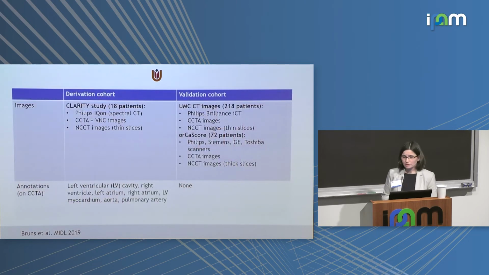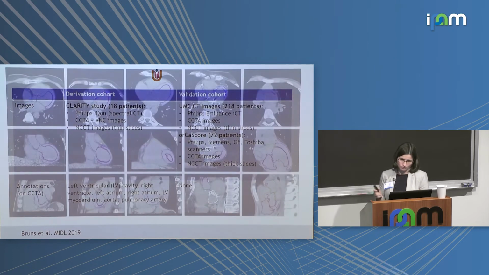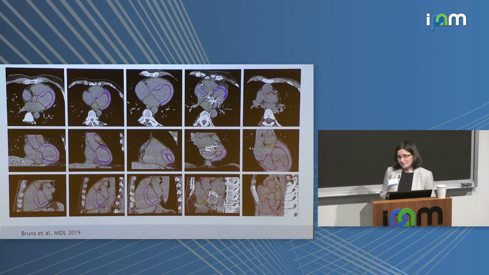So we had a study of 18 patients. It included 18 patients that were imaged on a Philips Icon scanner, so a multispectral scanner. And we had two acquisitions, non-contrast and contrast images, and we generated virtual non-contrast. And then we tested in a real clinical set, where we had contrast and non-contrast images as two separate acquisitions. We couldn't quantify the performance in images from the clinic because